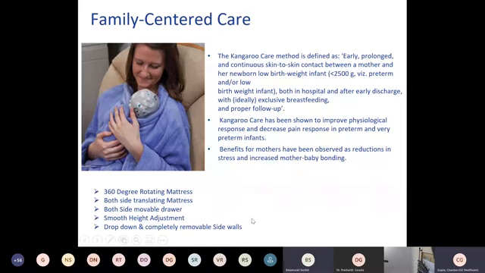So to have a good kangaroo care, you need to have a 360 rotating mattress, a both-side translating mattress. The drawers should be movable so that the parents can come very close to the baby. It should have a very